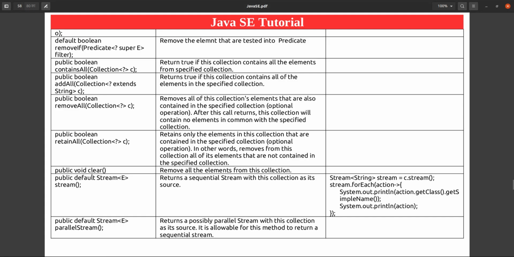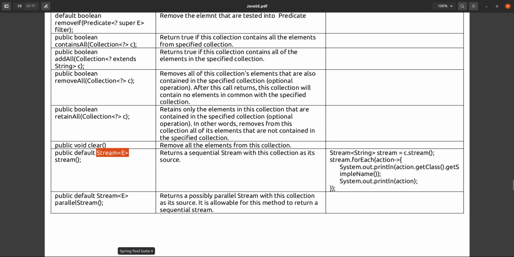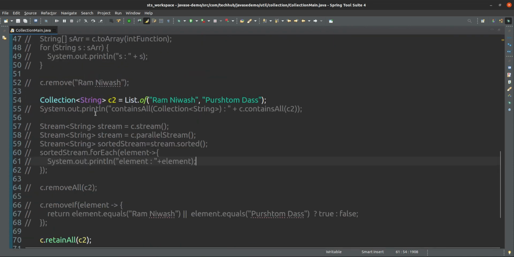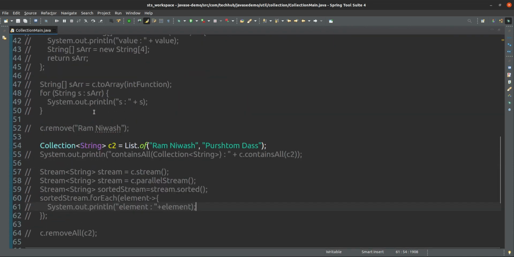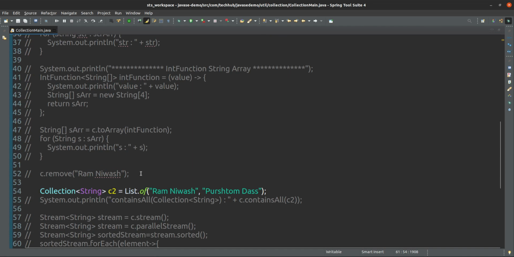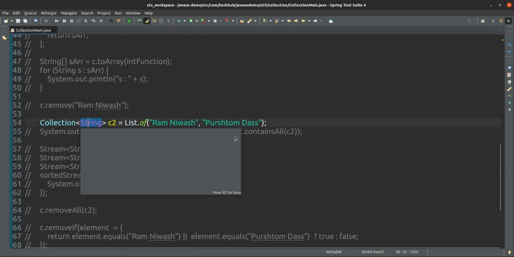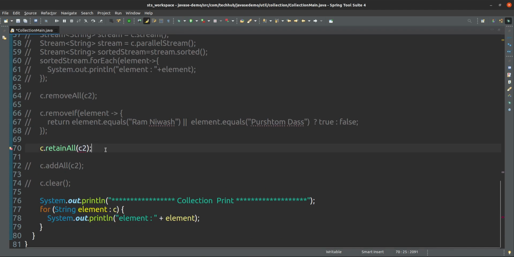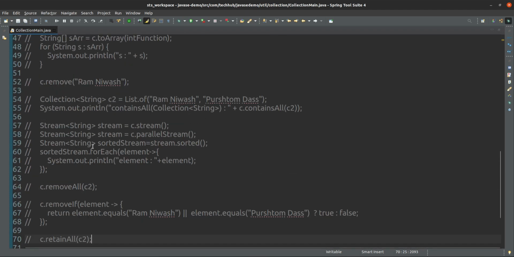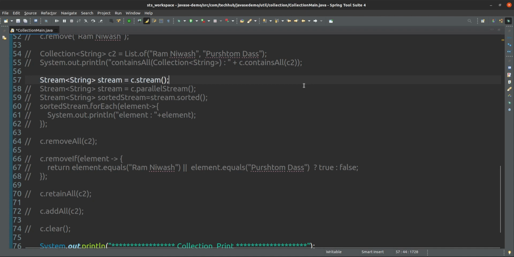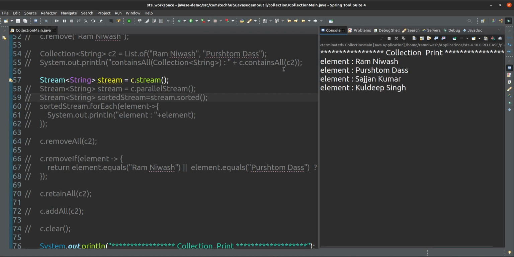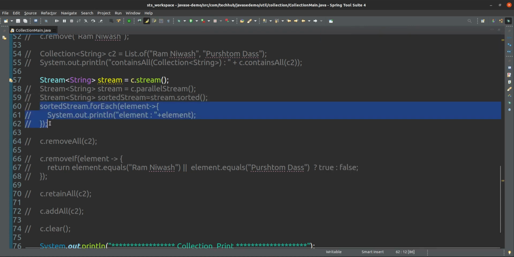Next one is stream and parallel stream. What is stream? Stream is nothing but a stream of objects. Suppose I have taken one stream here, and using this stream, what I can do, I can print.